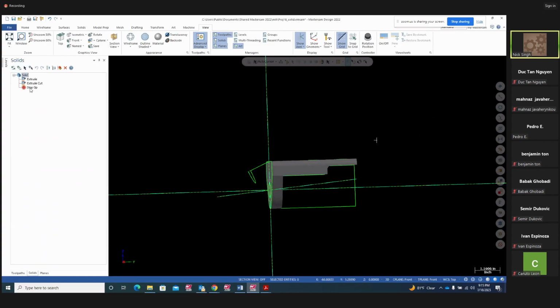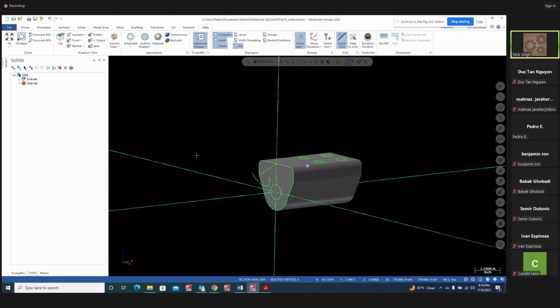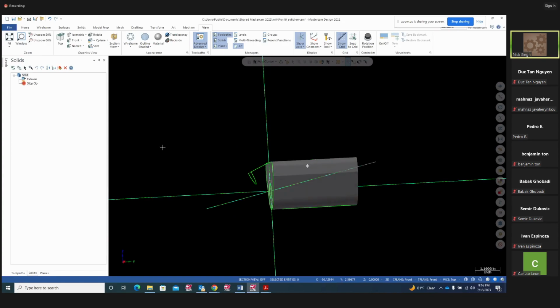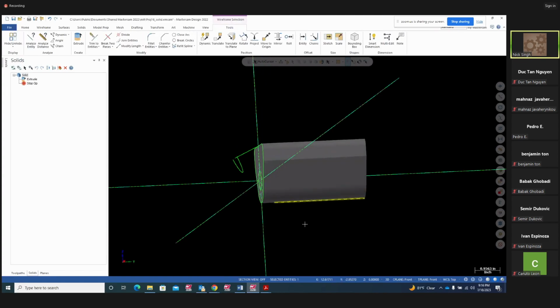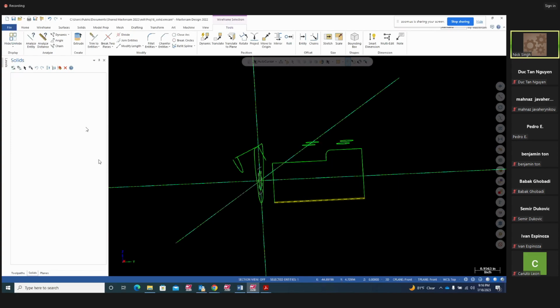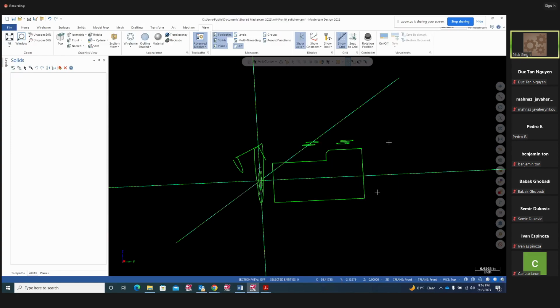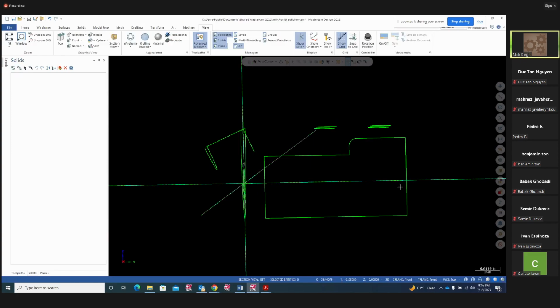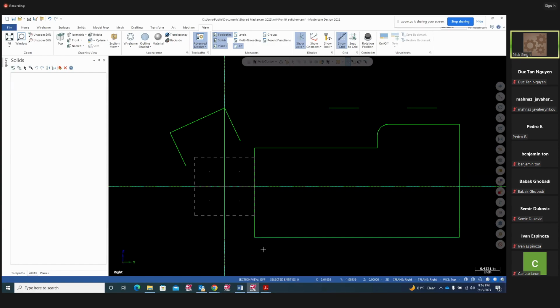Under solid, I'm going to go and say extrude cut. I'm going to delete that. Regenerate. So I'm going to see this line right here. This line has to be closed. So I'm going to just go ahead and delete this whole solid right there. Okay. So this line here, if you look at the right plane, this line doesn't have to match with this